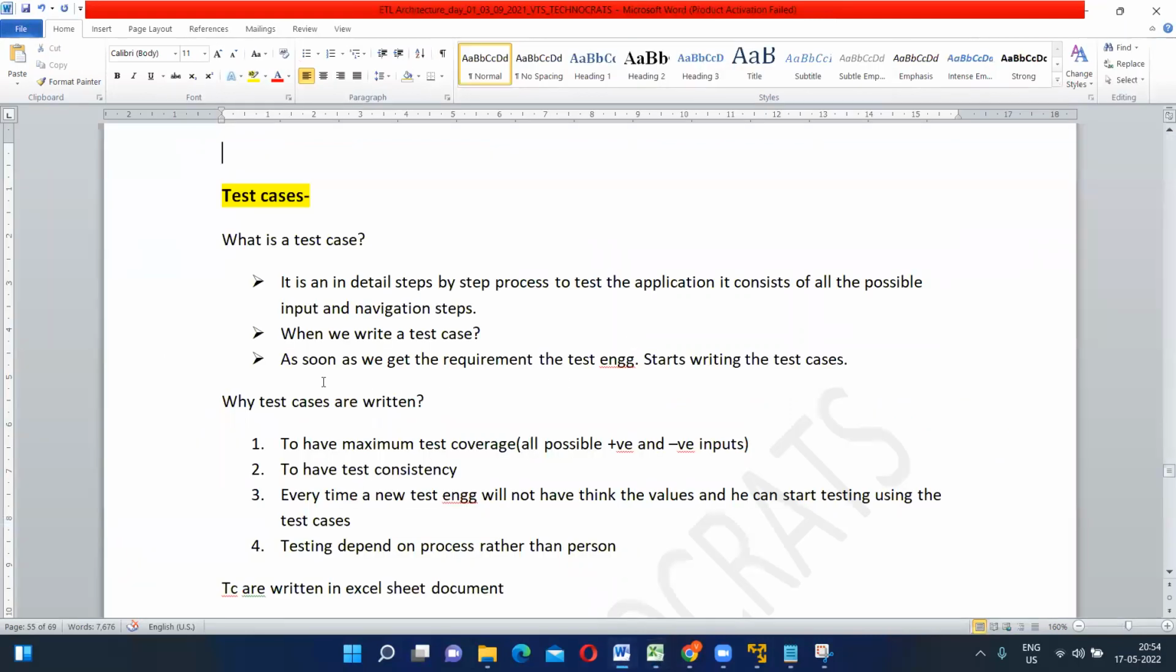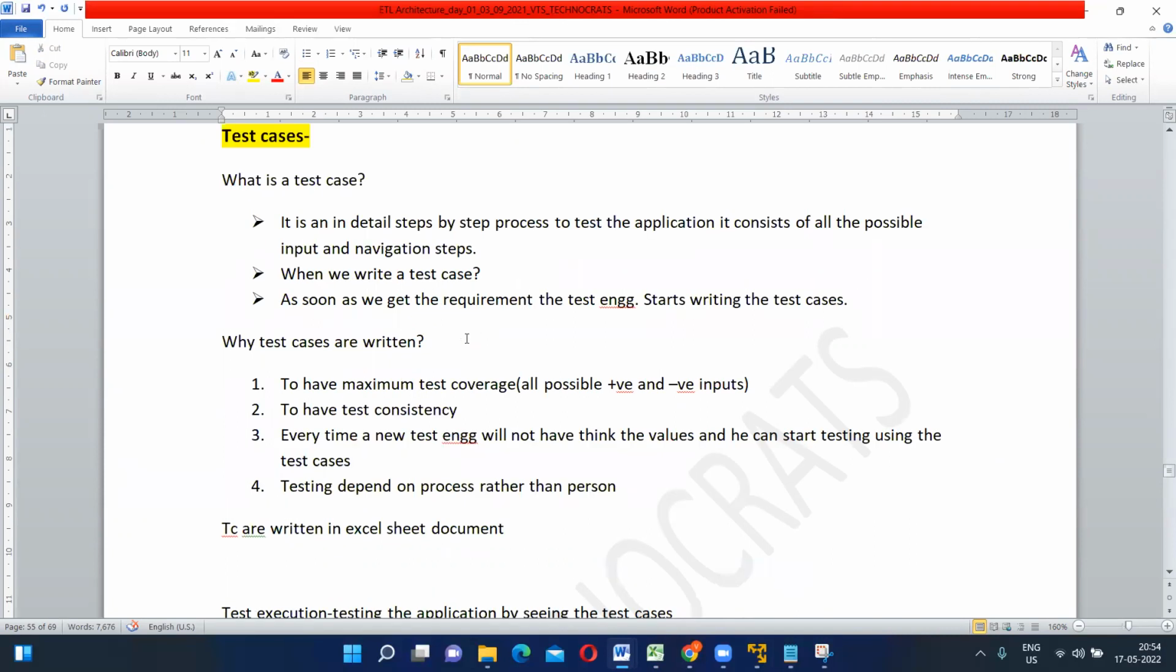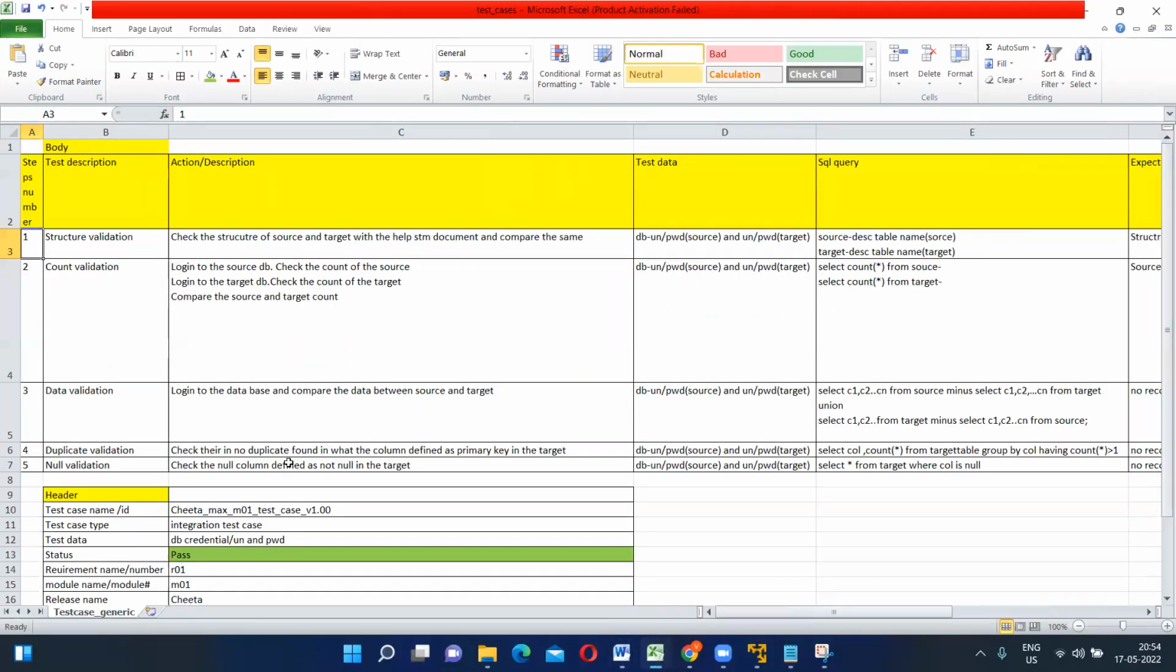in the test case. So next, when do we write a test case? As soon as we get the requirement, the test engineer will start writing the test case. The developers will start doing the coding. Because in the project we have only those 5 test cases for all the projects. So these are the ETL test cases, and if you want to write the BI test cases,